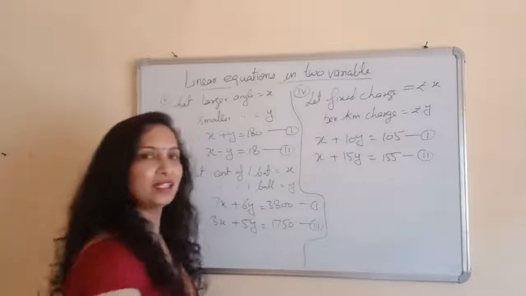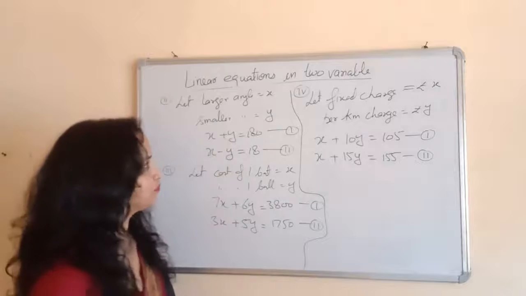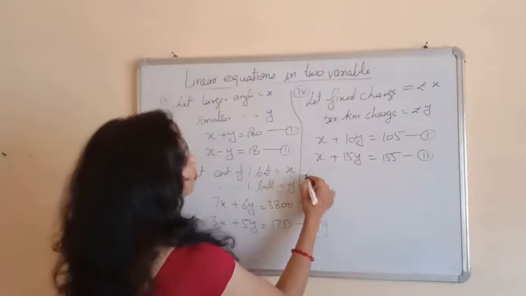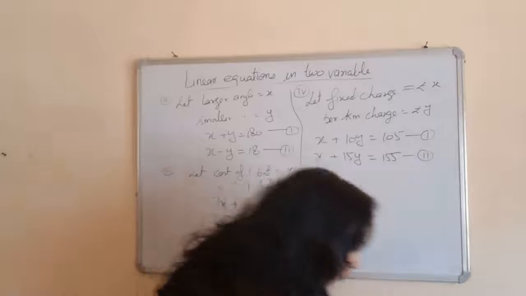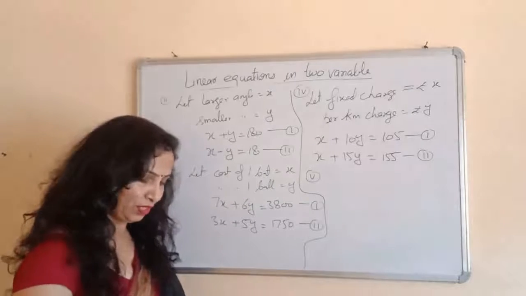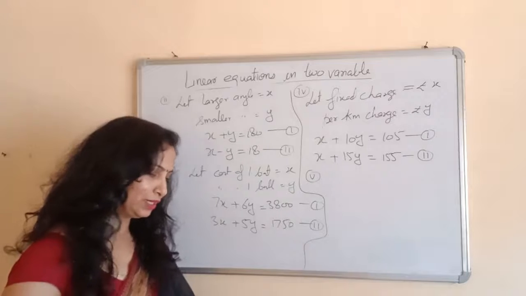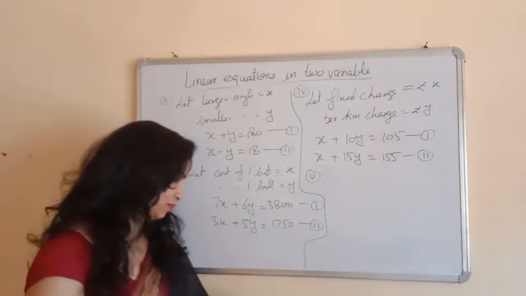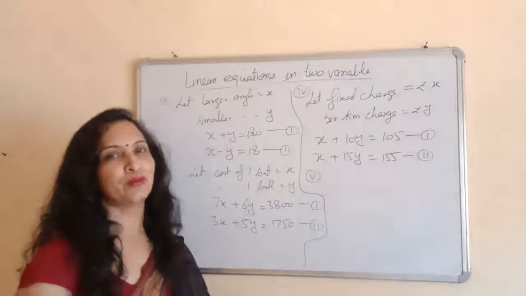This is the equation. Second, again you will use the substitution method. Now the fifth part of the third question: the fraction becomes 9 upon 11 if 2 is added to the numerator and the denominator. And finally you have to find the fraction.